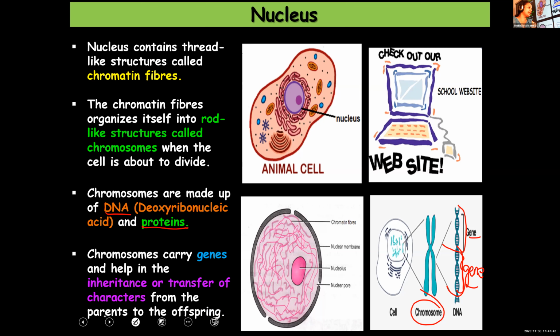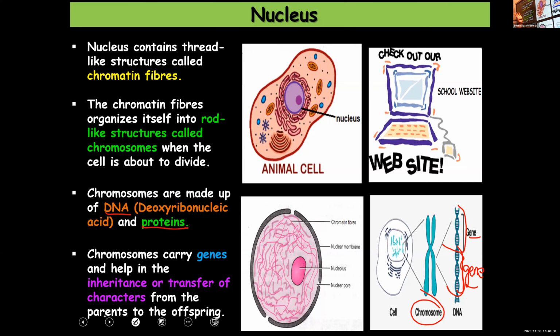You might have heard your relatives saying that you resemble your father, your complexion is like your mother, or you have big eyes like your mother. So you might have heard all those comments. So why do you resemble your parents? It is because of these chromosomes. With the help of the chromosomes, these features will be inherited by us, or transferred from the parents to their offspring.